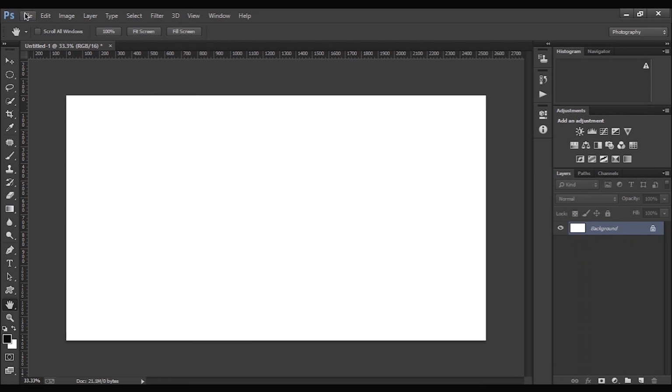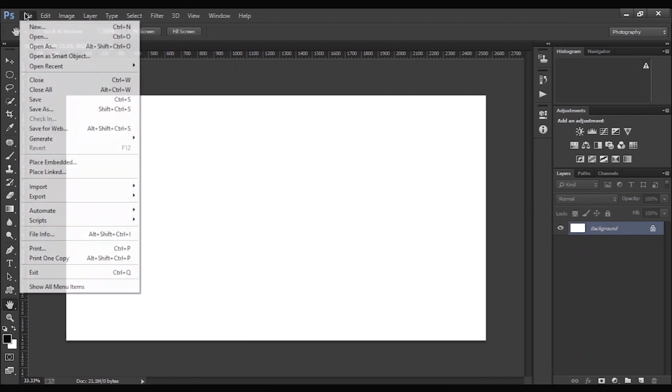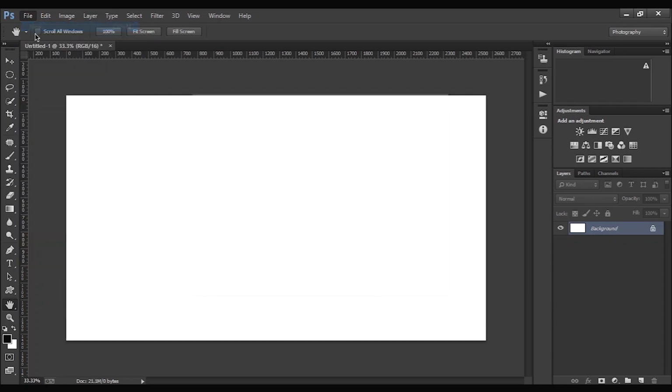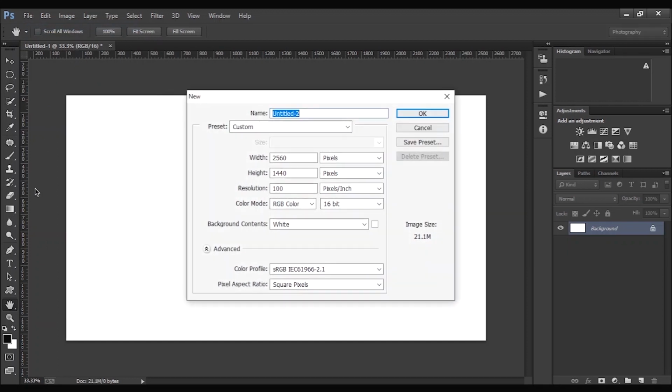Color mode. Your color mode is important, because just as in resolution, your color mode will depend on your intended outcome. The most commonly used color modes are RGB and CMYK. Lab color, bitmap, and grayscale are the other options for color modes. Lab mode is used for a lot of professional color correction, and you can do some things in this color mode that are harder to do in other modes. This is usually for more advanced users that understand Photoshop well already, because Lab color mode is a completely different